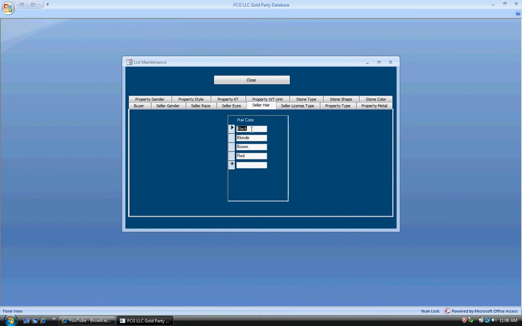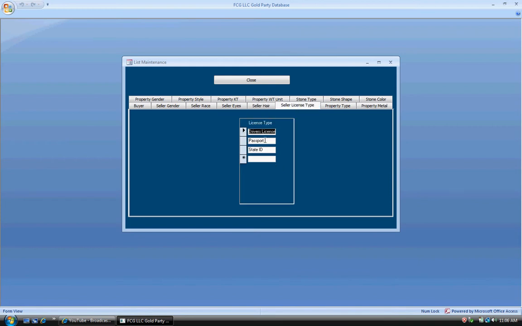Seller hair, black, blonde, brown, red. Seller license type, the only one that's automatically in there is passport. You're going to have to put driver's license and state ID in there. You are also going to want to, under stone